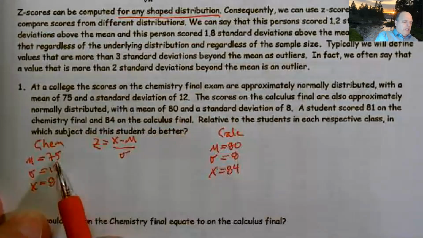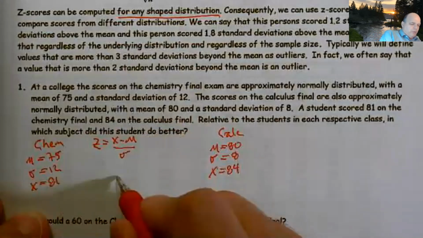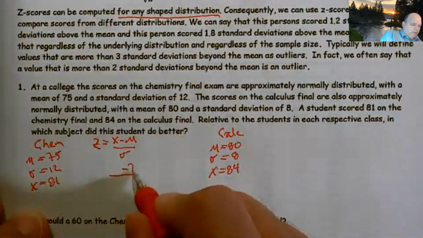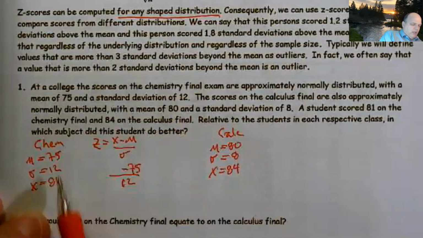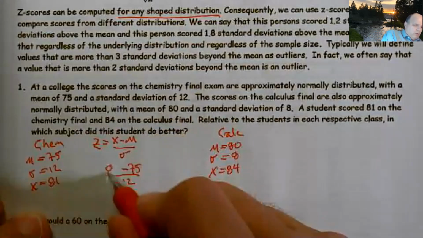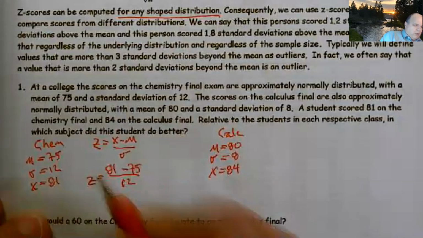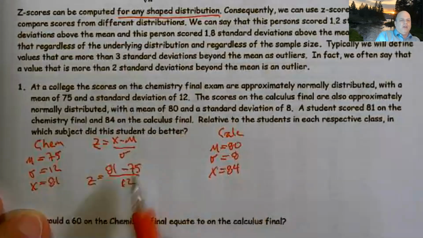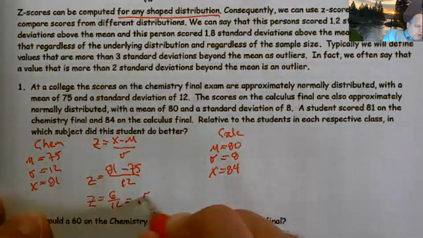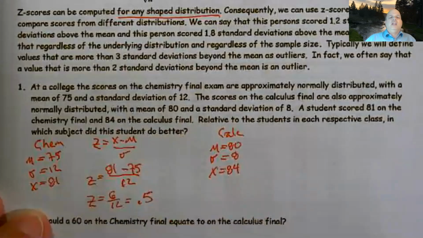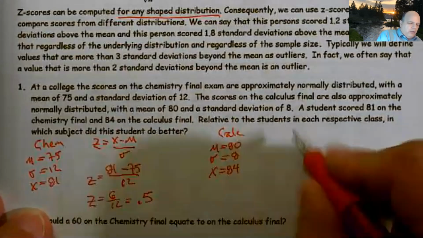Well, we just defined the mean as 75 and the standard deviation as 12, so I'm going to go ahead and plug those in. Minus 75 over 12. And we said that he scored an 81. Well, 81 minus 75 is 6. So in this case, his z-score is 0.5, which means he's a half standard deviation above the mean, 0.5 standard deviations above the mean. And then on the calculus,